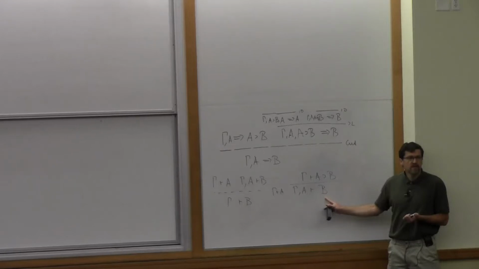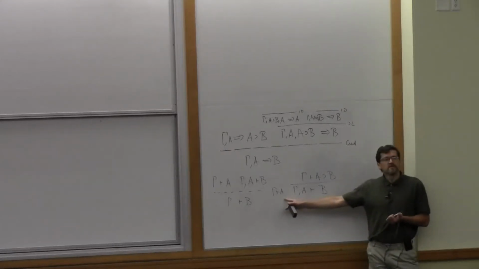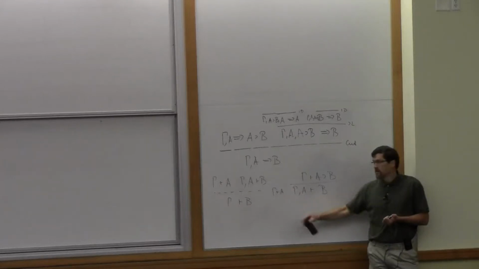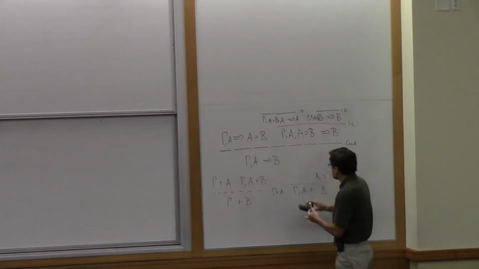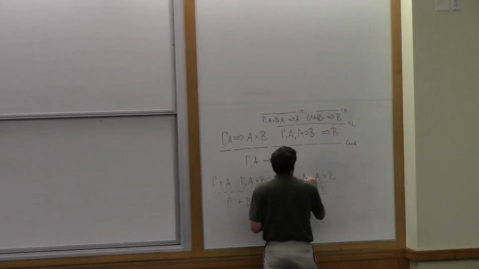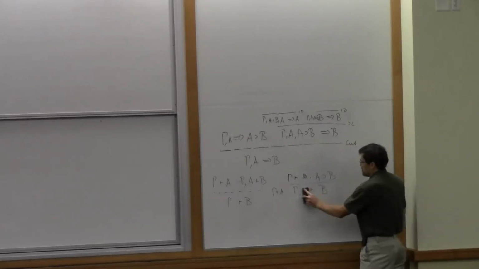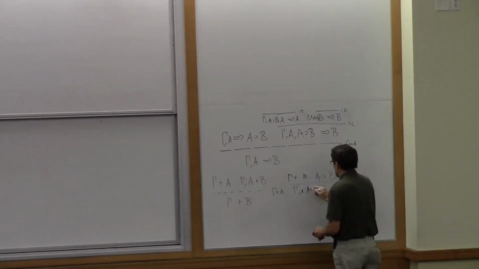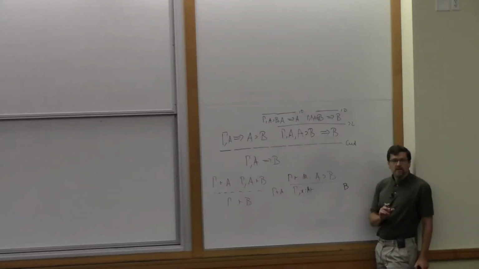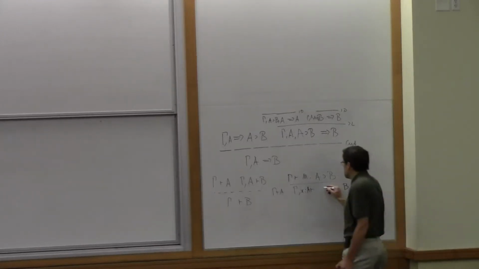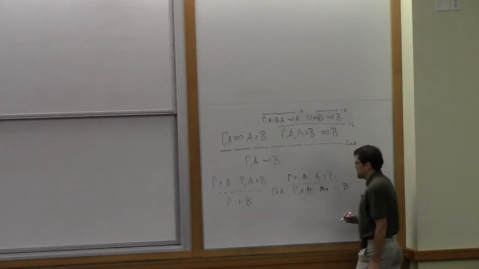Think about it offline because I have a lot to cover today, but it's a failure of substitution which is a problem here. If you annotate it with proof terms, you might also see that. The annotation would be: we have a proof M of A implies B. Here we would make a new assumption x colon A. Now we need a proof of B. What is the proof of B? We would have to make up some notation, like M applied to x. Okay, Mx is a proof of B.